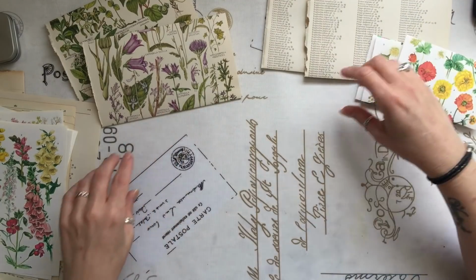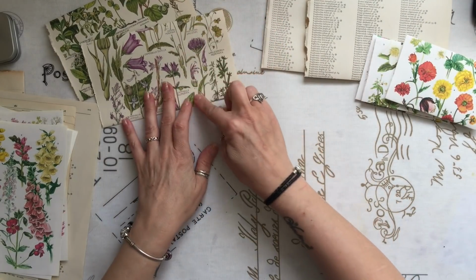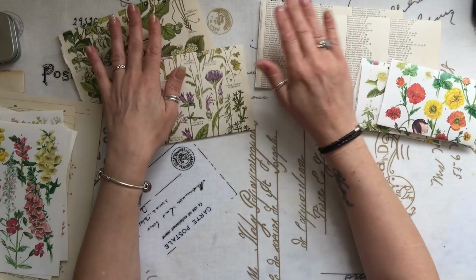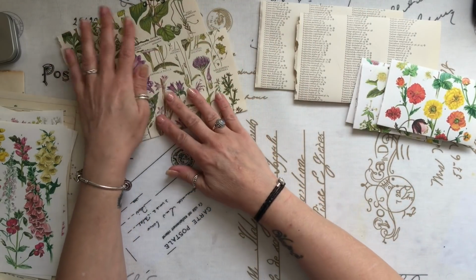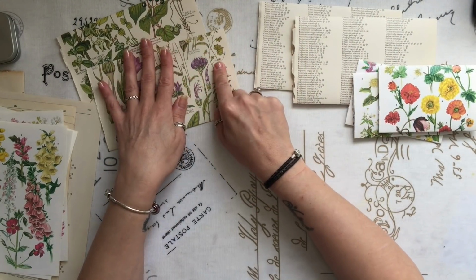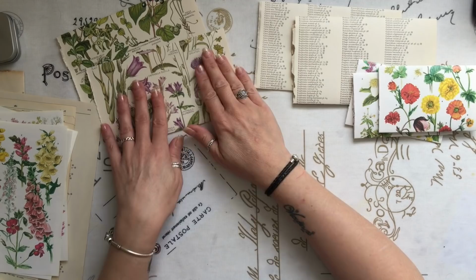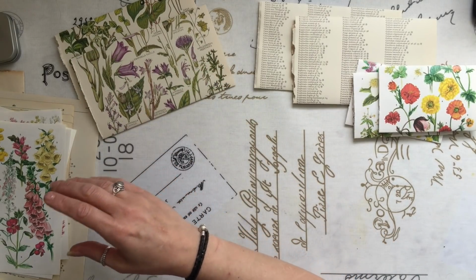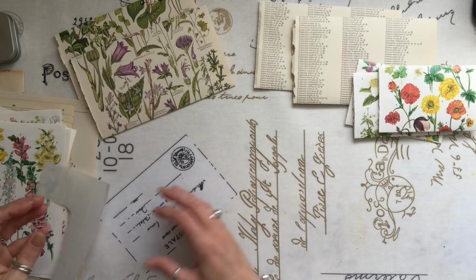So the first thing I'm going to do is add a little side patch, because those stickers are vellum, the ones that I've been using, and as we discovered with the butterfly yesterday, you do actually get the print from underneath showing through, and these are quite busy, so I don't want that to happen, but I don't mind something a bit plainer. So I've got some